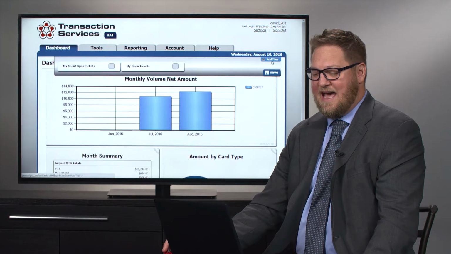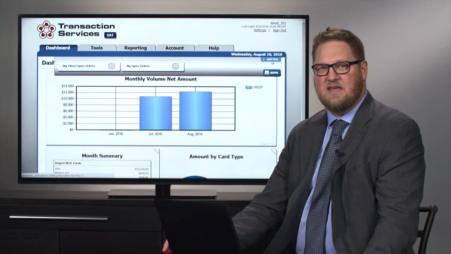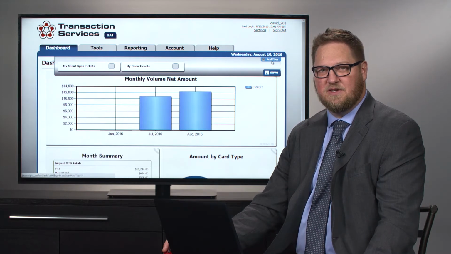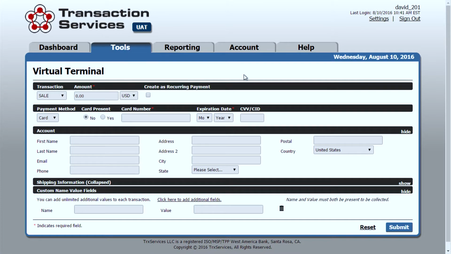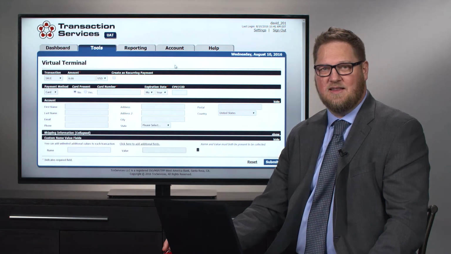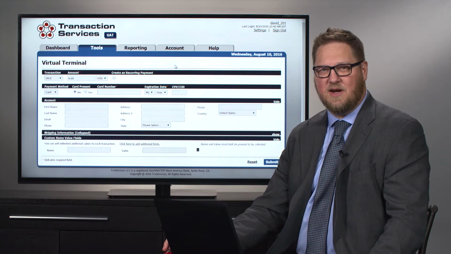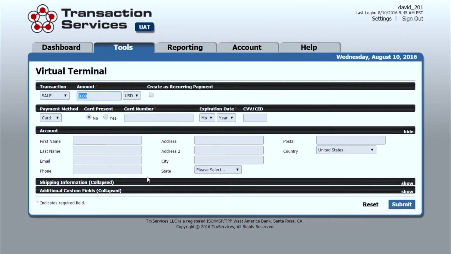There's an option to add additional tiles so the dashboard can be configured to look the way that the merchant finds it most beneficial. Under the Tools tab, Transaction Services makes available to all of their merchant customers a virtual terminal. The virtual terminal allows the merchant to process a credit card transaction in either a card not present or card present manner. So if I came in here and I said I wanted to process a $10 transaction, I